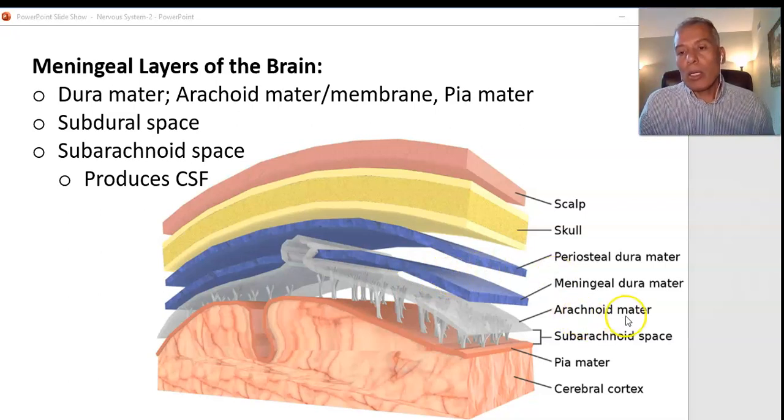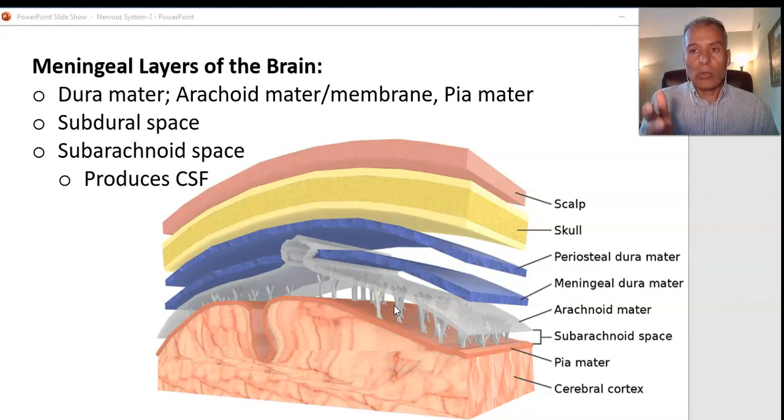So the arachnoid mater has a lot of connections, a lot of fibers connecting down onto the lower level. And it has a lot of blood vessels. And this is where it gains its shape. Beneath the arachnoid, there is the subarachnoid space. That's an important area where there is a particular kind of fluid that surrounds the entire brain, and